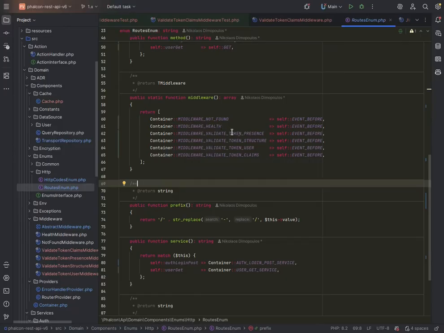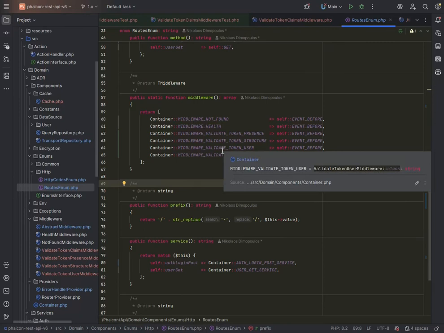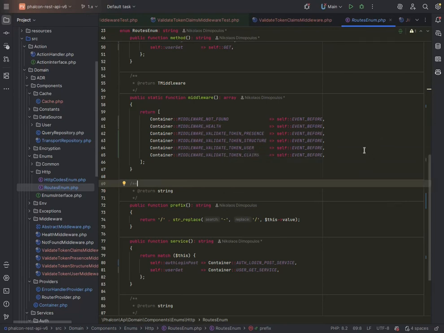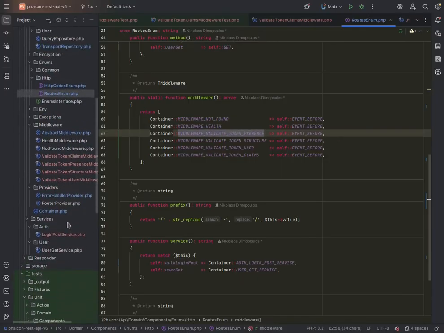So what we've done is what we discussed in the past, the onion, Shrek, onion, I've got layers and all that stuff. So every middleware that we have here is a layer that gets executed before our action. So clearly the middleware not found gets executed before. Right after that, if the help was requested, it gets transported back. Now the rest of it, the middleware validate token presence, checks if the token exists or not, and if it doesn't,